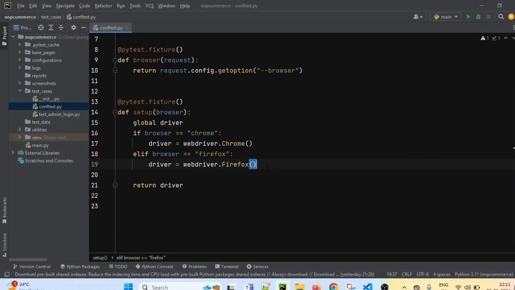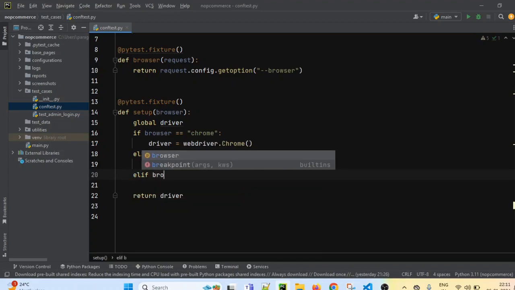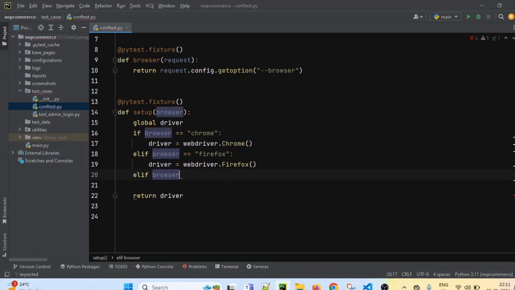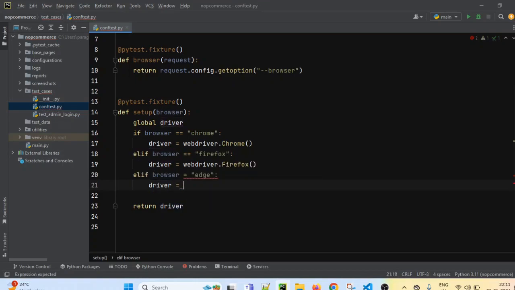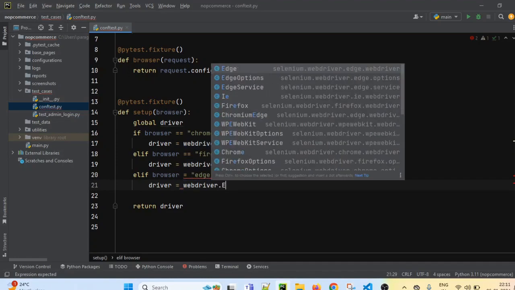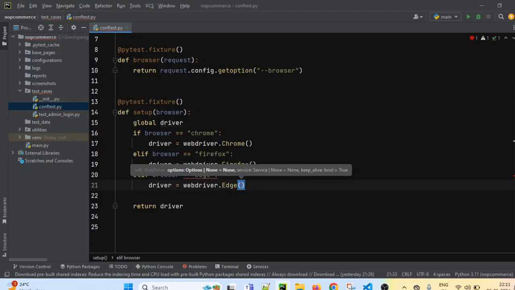And one more condition, elif browser equals Edge, then driver equals webdriver dot Edge browser. So these are the conditions which we have added.